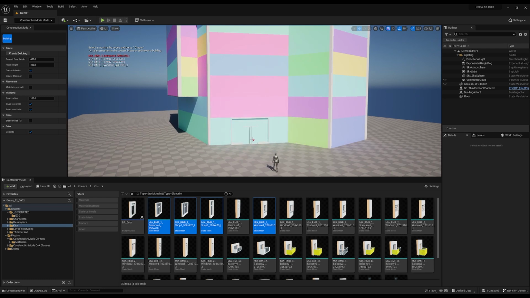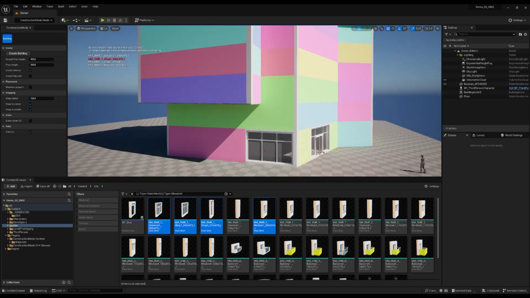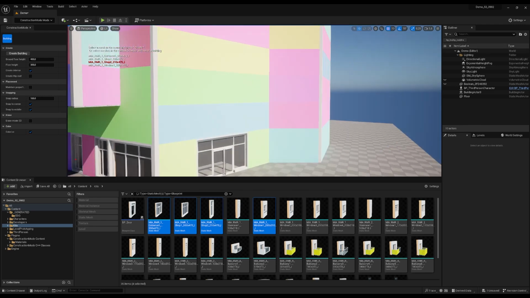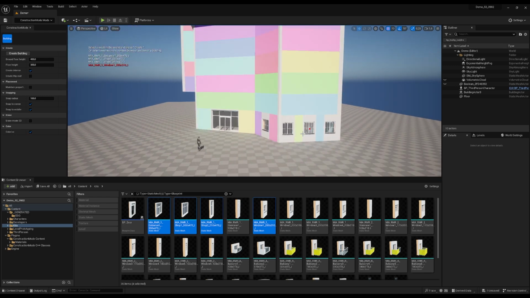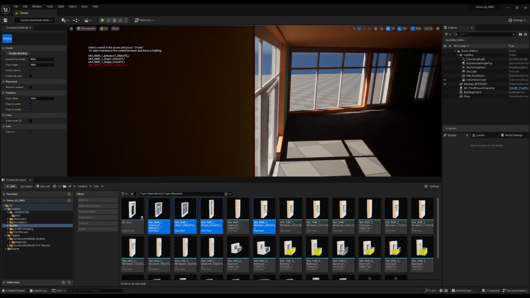So let's first put down an entrance and maybe some shops, like so. Maybe a window here. Okay, we have this. So if you go inside, you can see that